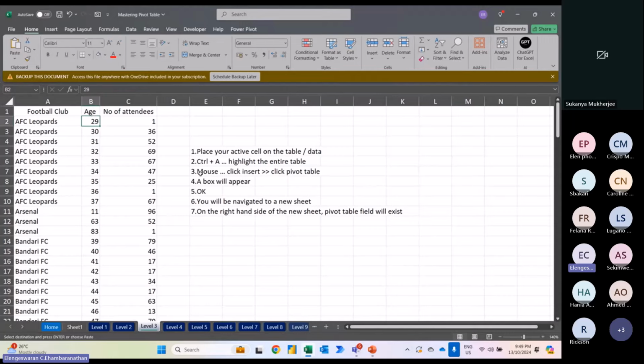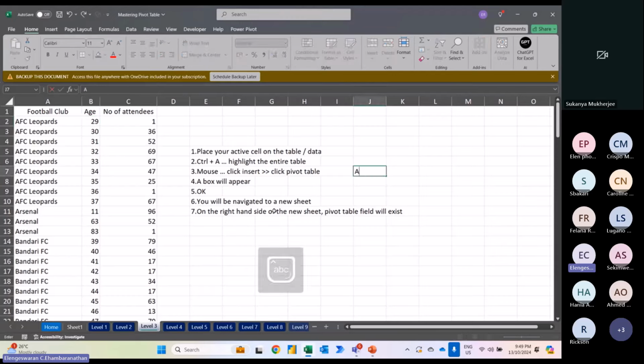When it comes to Excel, we do have a diversified audience. There are audience who love to use the mouse, and there are audience who love to use keyboard shortcuts. If you are comfortable with using the mouse, because I also have clients with 10 years, 20 years of work experience who have been using the mouse and feel comfortable with it, it's up to you. But if you are a fan of keyboard shortcuts, after you press Ctrl A, you